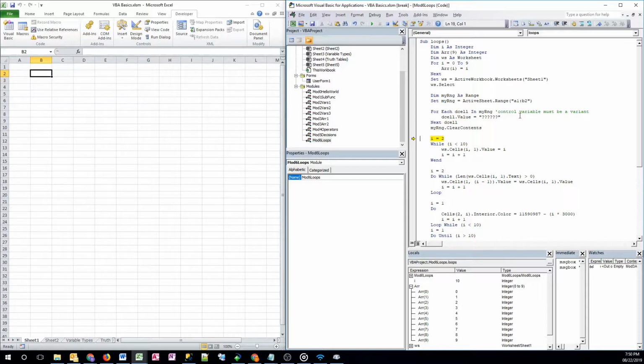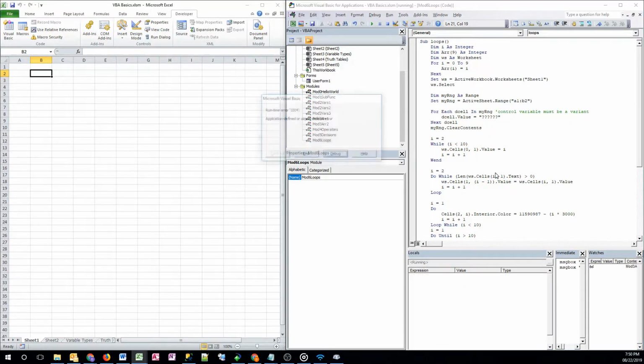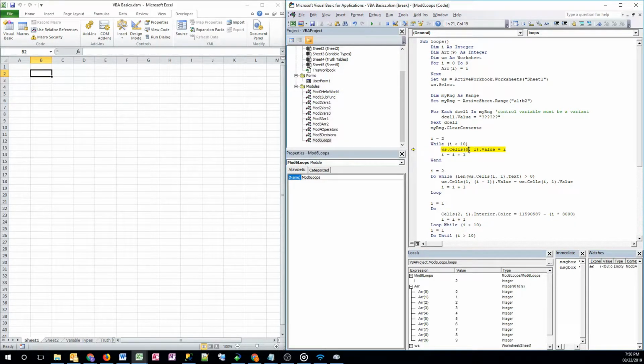One thing to bear in mind as we come down here and we do a new loop while I is less than 10, ws.cells. If this value were 0 or I was equal to 0, I'm going to get an error message. That's going to say, hey, that won't work. I don't know what you're talking about. However, if I go ahead and change this back to I the way I had it,